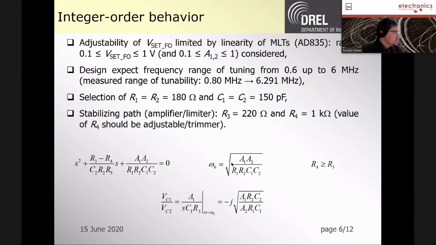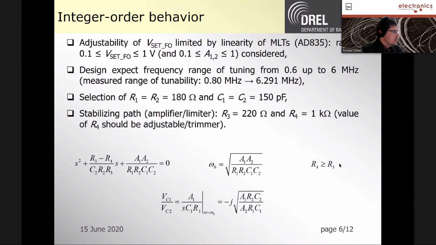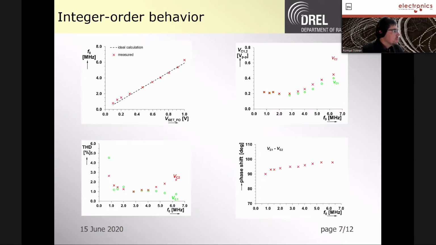The condition, as is clear from the previous picture, requires that R4 must be equal to or a little bit higher than R3. And this is also a very important analysis for us, because it shows us a relation between the produced output waveforms. You can see that they always have equal amplitude, because gains are the same, resistances are selected the same, and the capacitors too. And minus j means that there is a 90-degree phase shift, as is typical for quadrature oscillators. There are some typical results.